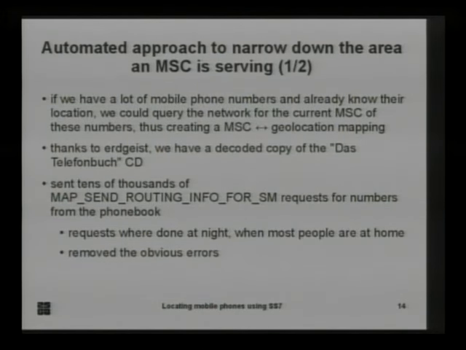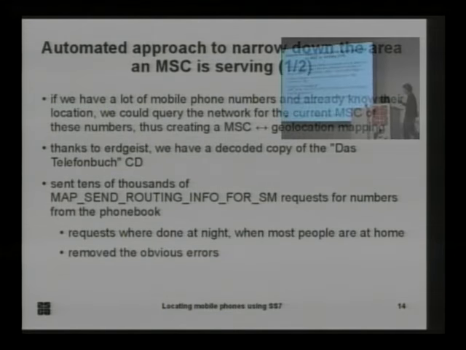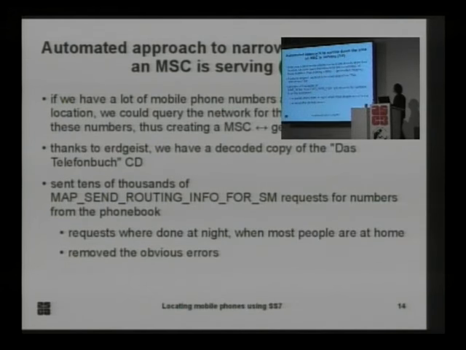Who provided a decoded copy of the Das Telefonbuch CD, which are the complete German white pages, complete with geo coordinates of all the phone numbers in there, at least the ones that have addresses listed. So what I did, I sent tens of thousands of maps and routing info for short message requests for numbers from the phone book. And I did those requests mostly at night when people are at home, and also